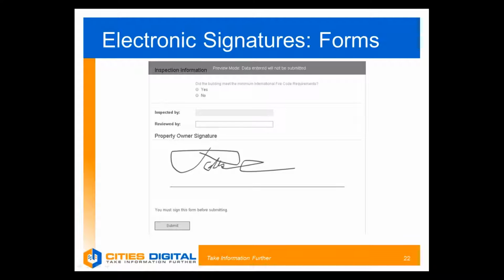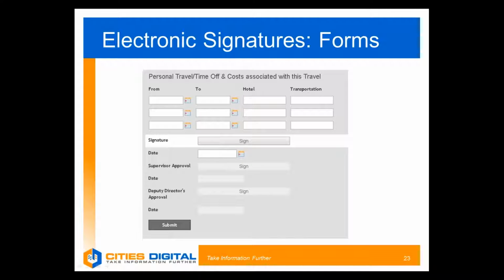They can type the name in, and they can choose however they'd like it to look. You can have multiple signatures within a form, so that you can have the main person submitting the document sign, then send it off for approval. The supervisor can approve and sign as well. And in this example here, we can even send it up to the deputy director and have a third signature